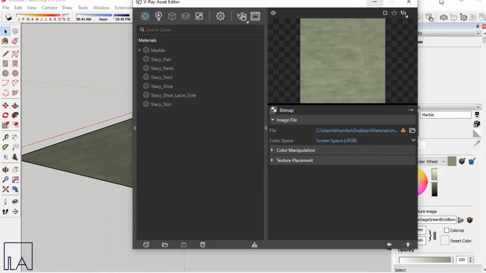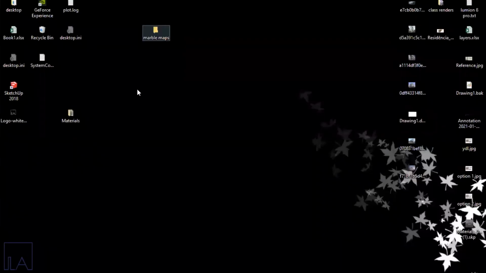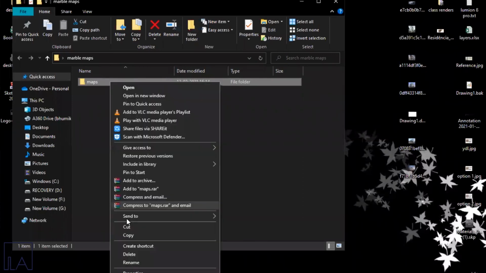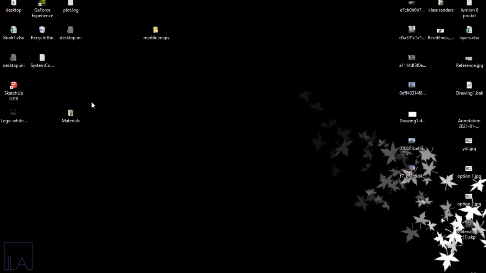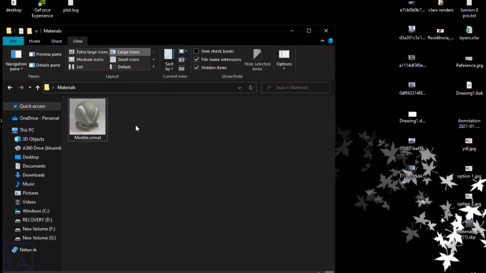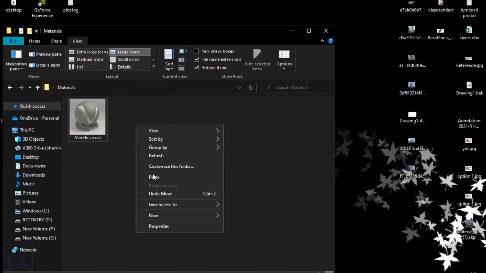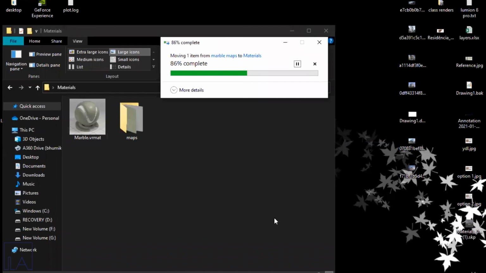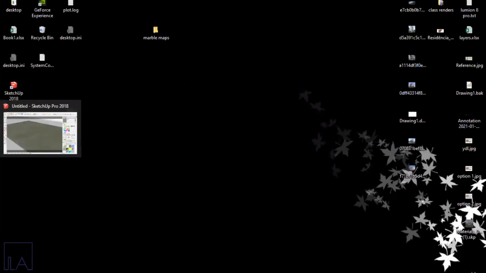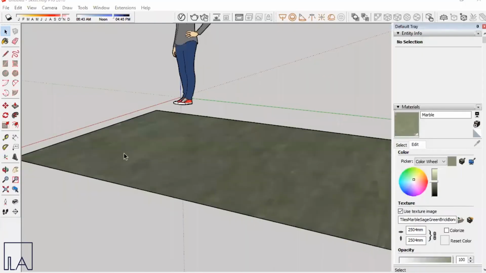So I'll just go back to the same folder again, select my maps, and then cut and paste this in its original location. So I'll place it with the material over here. Once this is done, I just go back to my V-Ray and take a re-render over here.